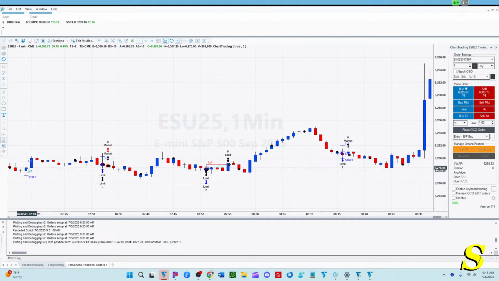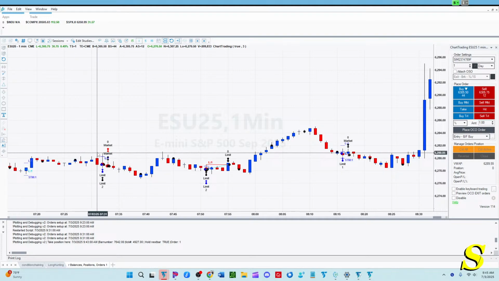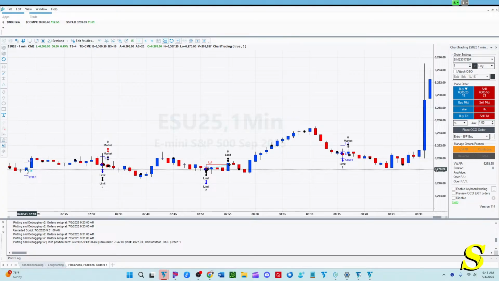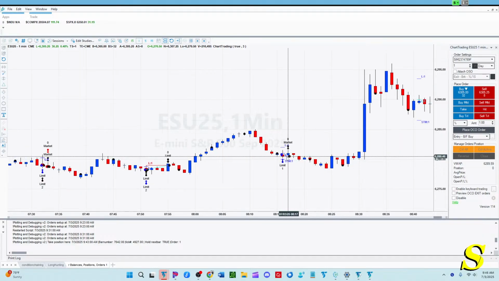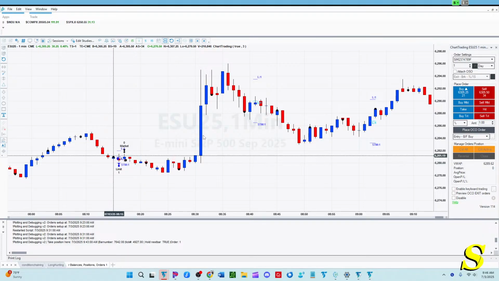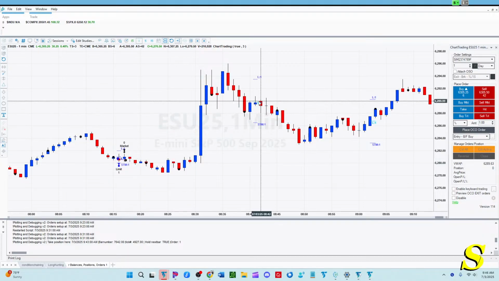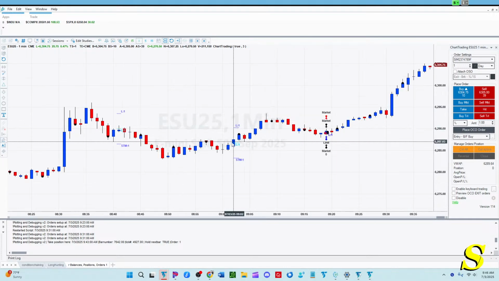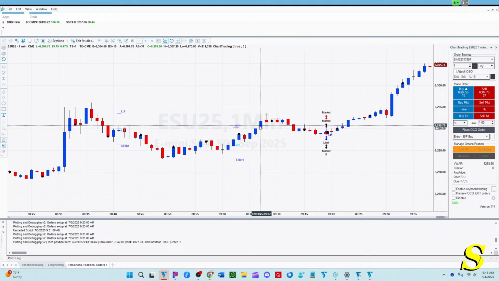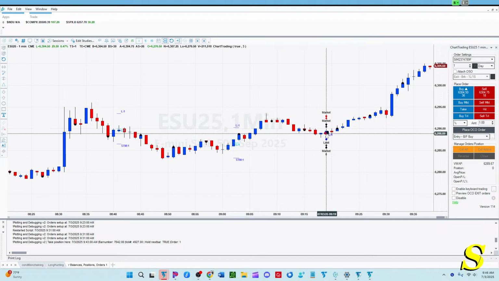You see how this one, instead of putting the position on and holding the position until it hit take profit, actually it would have put it on here and taken profit here, right? So that would have been a win. This one here is an L. This one here went in, profited. This one here, it went in and then it looked like it just exited without staying in the position. And then here, this would have been an L, right? Because it would have got in here, and then stop loss is down here. This one here, we would have got in here, it would have won, right? This one, it just got in, got out, but had it stayed in position, well,